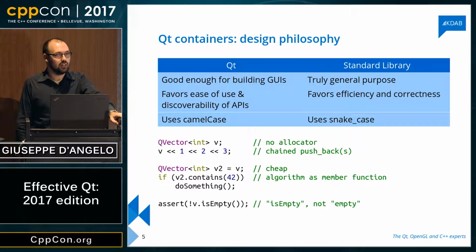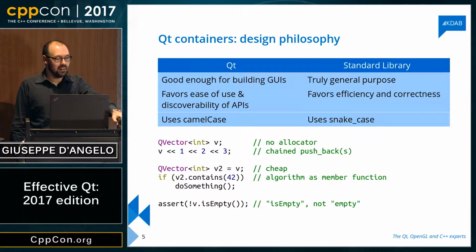This code snippet shows a few qualitative differences that you may see between the Qt containers and the standard library ones. For instance, I'm here creating a QVector, a vector of integers, and there is only one template argument to QVector, that's the data type it holds. There is no allocator, there is nothing advanced, just, okay, that's a vector of integers, period. How do I fill it in? Oh, there is this nice overloaded left shift operator that you can use to chain basically push_backs into a vector. Yeah, that's nice to write.